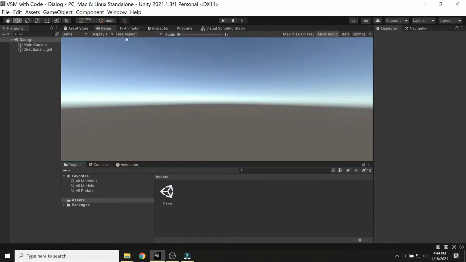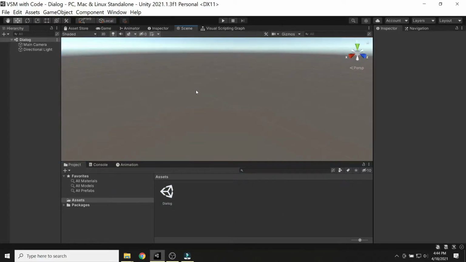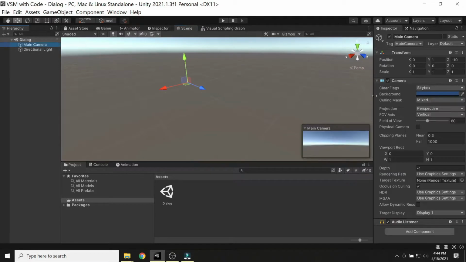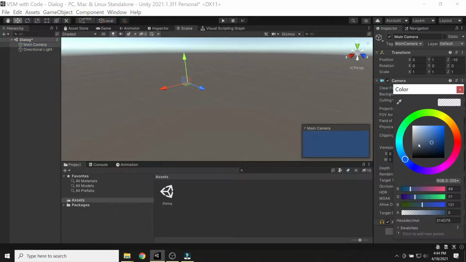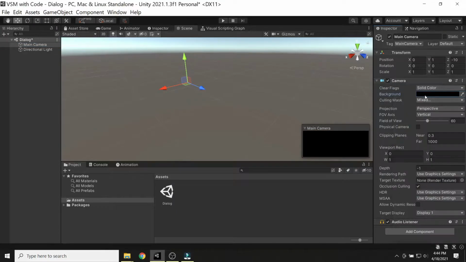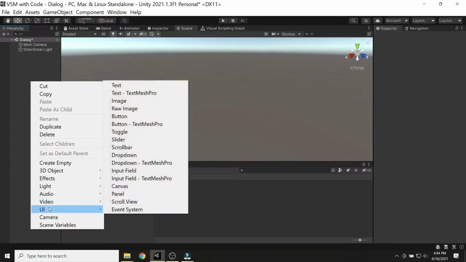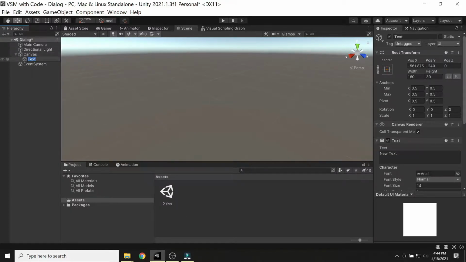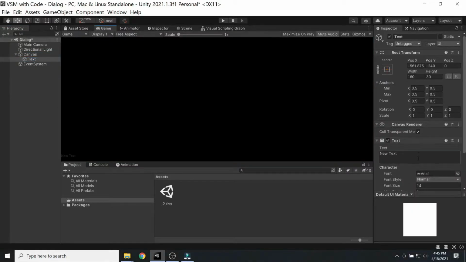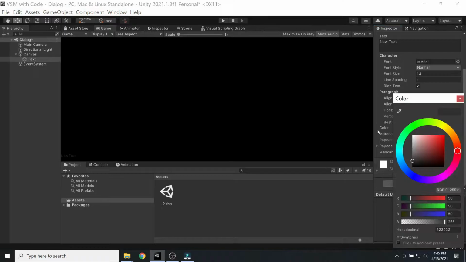And now set up a couple of things for just a basic dialog system. So I'll just have a black background. Let's go into solid, make my background black by setting the color, and then create a little bit of UI elements. I'm just going to go straight to the built-in ones rather than pulling in TextMesh Pro, although you could certainly do that. So I'll create a little bit of text so I can see it in the scene,